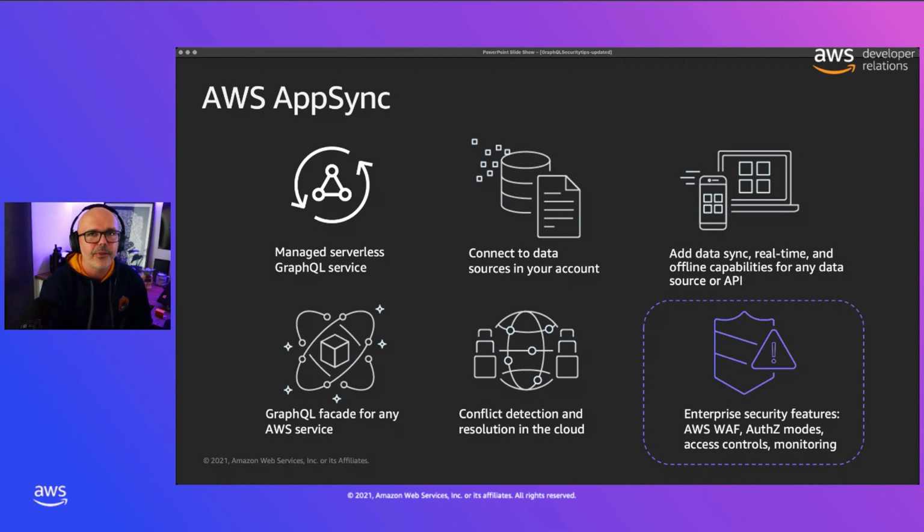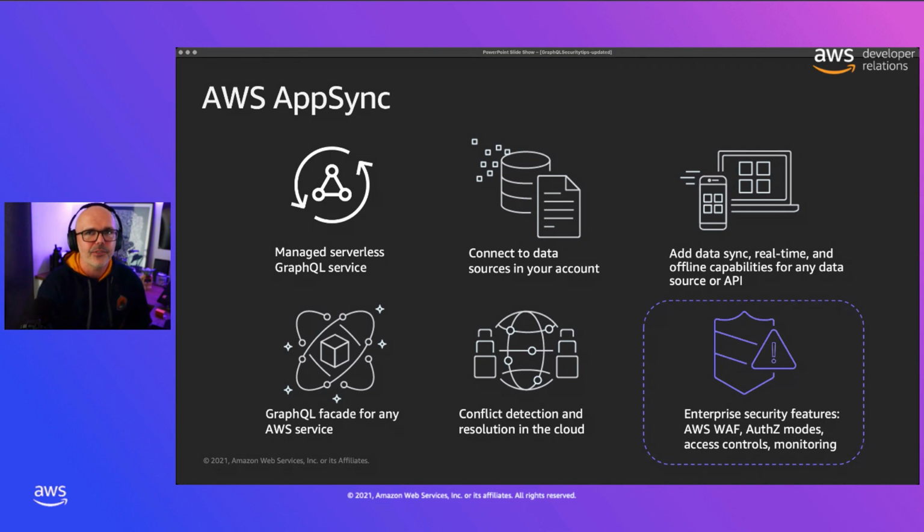Also, with AppSync, there's a great ability to connect to AWS services using its inbuilt HTTP resolvers. One of the resolver types you can define in AppSync is an HTTP resolver, which gives you the ability, if you think about it, to connect into any data source that can be hit with a RESTful API. For offline modes, AWS AppSync also allows you to implement complex operations like conflict detection and resolution. This minimizes the backend code that you have to write to solve these complex problems.